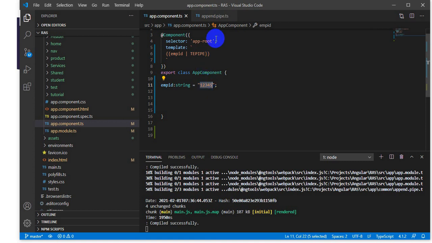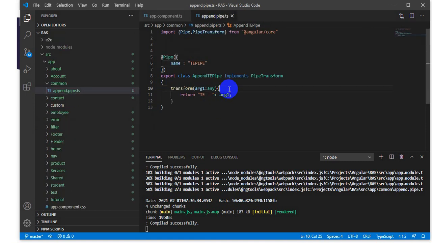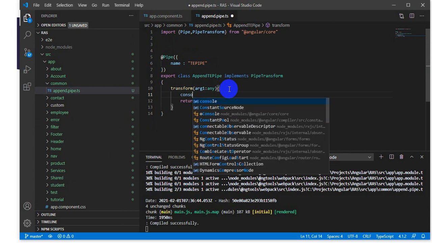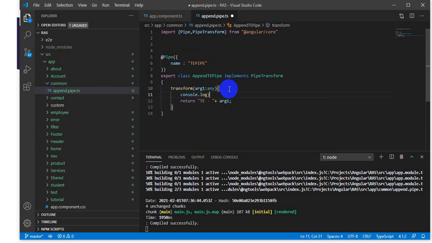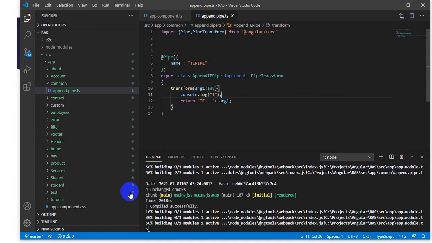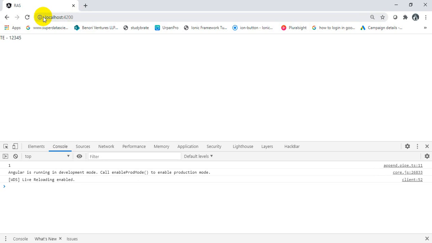In order to prove this, I am just writing console.log here. And let me run this. Now I run this and I have output 1 because when Angular renders this HTML on the browser, Angular will execute our pipe and at that time the transform method of our pipe will execute.